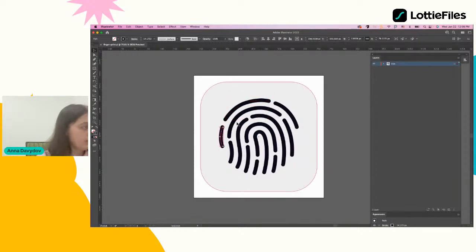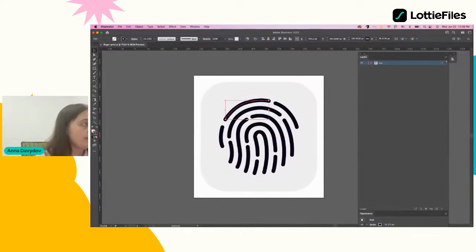Don't apply any colors for now. Just let it be any plain color you choose. I've just chosen black, so we'll go with black for now, and then we will add colors later. And one more really important thing before we animate it in Adobe After Effects, please make sure your layers